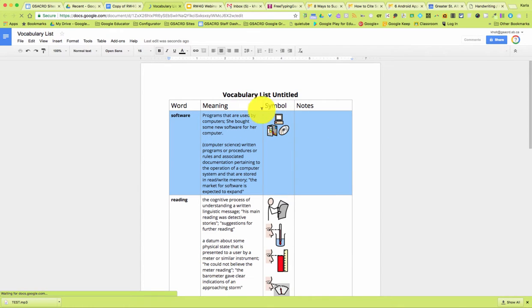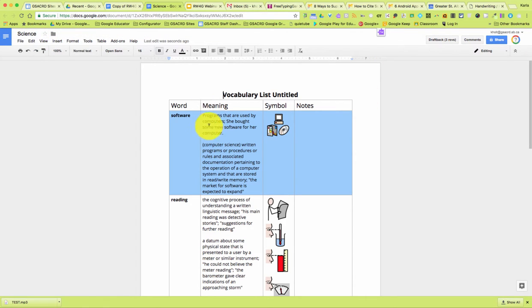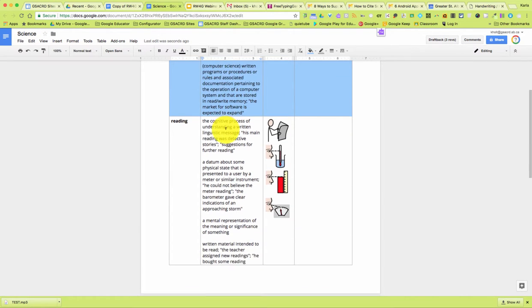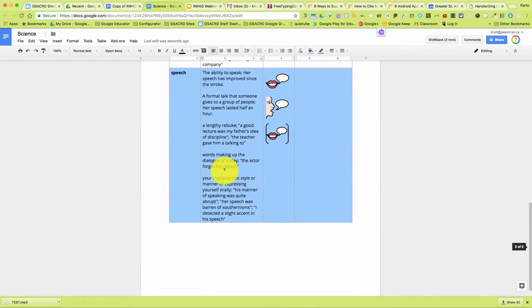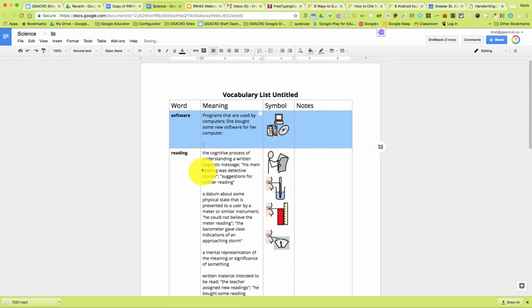So here we are. Here is my new word vocabulary list. If this was a science class, I could simply say science list to rename it. And then what I often recommend here as well, sometimes we get far too much information and a lot of it isn't relevant to the students. So we do encourage them to customize it. So delete things that